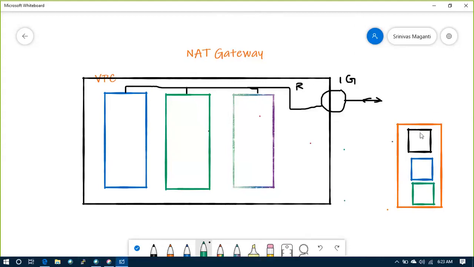If you consider three-tier architecture, you'll have a web layer, an application layer, and a database layer, right? This is the traditional three-tier architecture. You need to place the web application in a different network, because these web servers or web application servers are connected to the internet, and they have to accept internet requests and serve the customers, right?